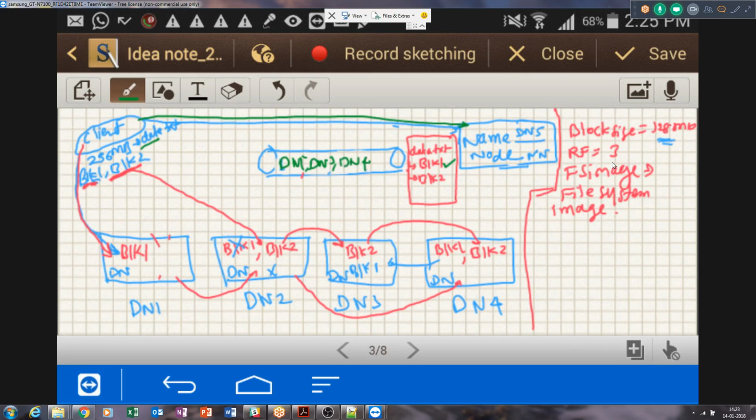Whichever is nearest, the client can just talk to that data node and read the block 1 copy. Let's say in this case data node 1 is nearest, so this block 1 copy will be delivered to the client through data node 1.